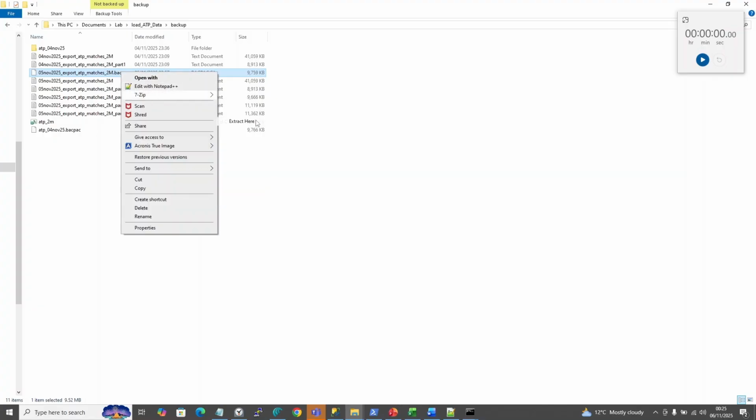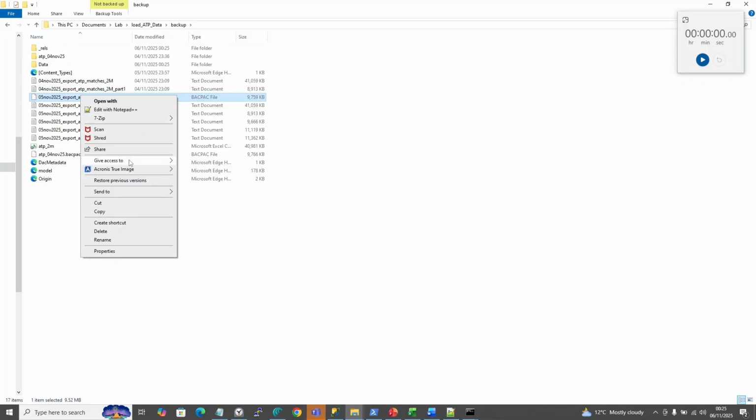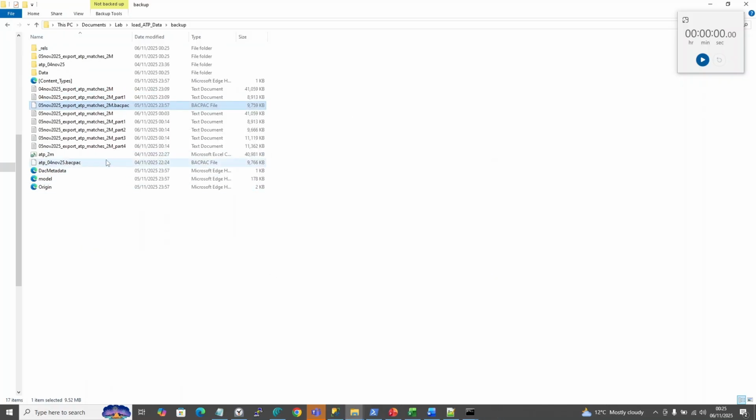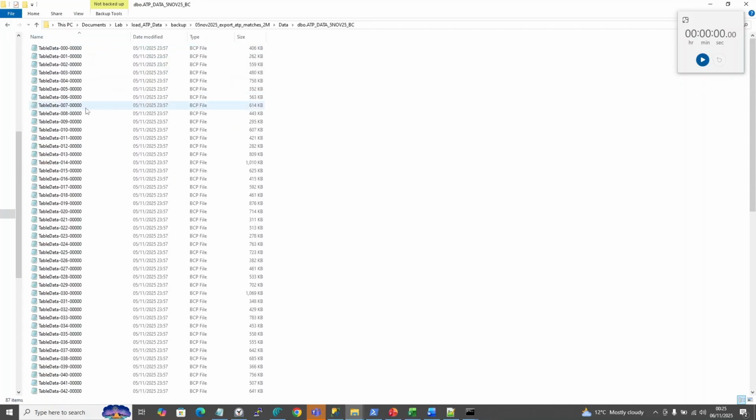You just extract it here. Oh my god, I extracted it. I want to extract not in this location, extract to this location. Then only I can show you this. If you see here, I have data, right? This data is again